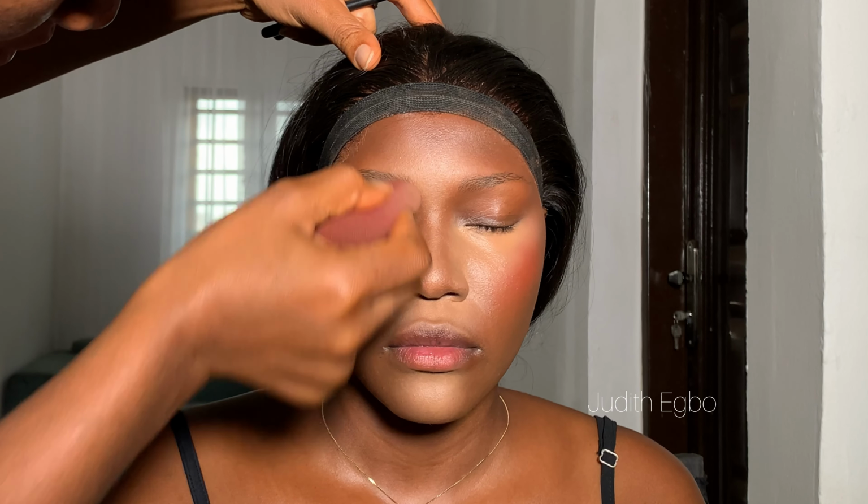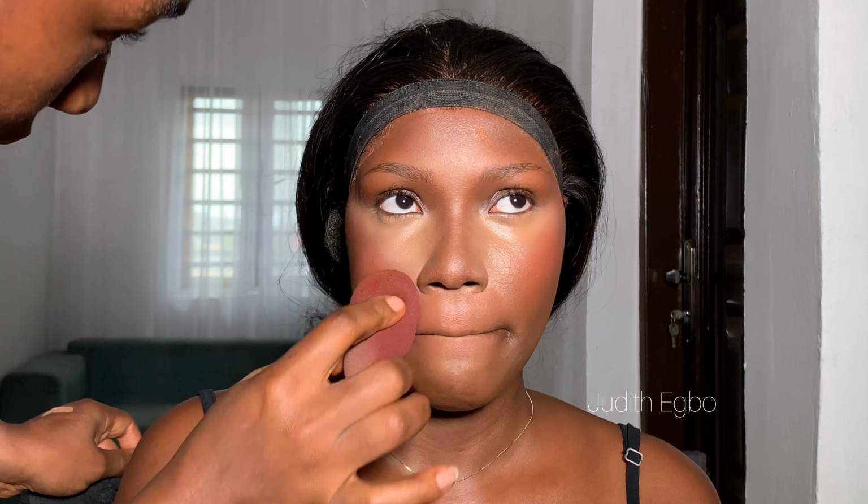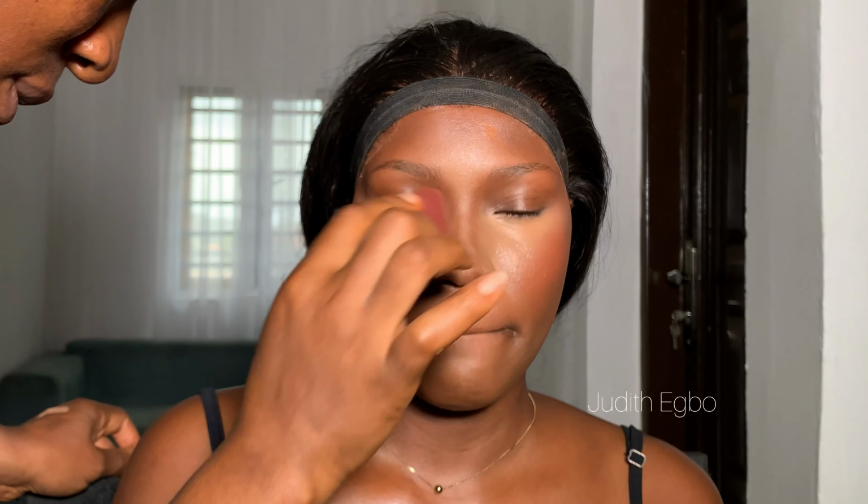This is another reason I love this beauty sponge, guys. Can you see what this beauty sponge is doing? This particular shape of this beauty sponge is a must-have in your kit. So I just went ahead with my beauty sponge to blend all the edges because, trust me, I don't want demarcations. I don't like demarcations on the skin, so I'm just blending the edge, the concealer, the contour, the blush,